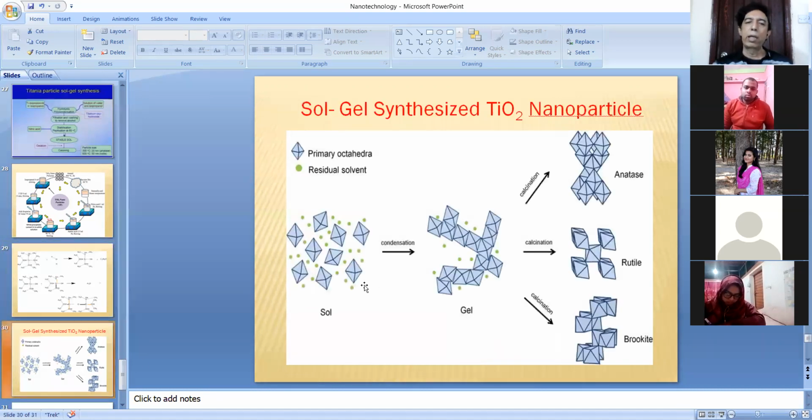And this is the condensation. You see here the temperature of calcination, that means temperature of drying,